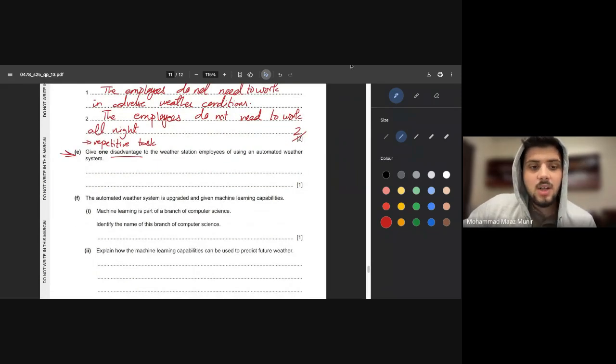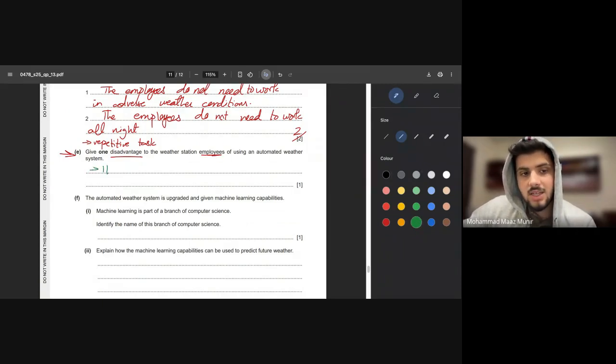So continuing, just like before, it's stating that you need to give us one disadvantage. One disadvantage can be that if a person is no longer observing how weather is being measured and the values for those calculations are being calculated, it can result in the employees getting de-skilled, or employees being replaced and losing their jobs. It's asking what the disadvantage to the employees can be. So one can be it can de-skill them,